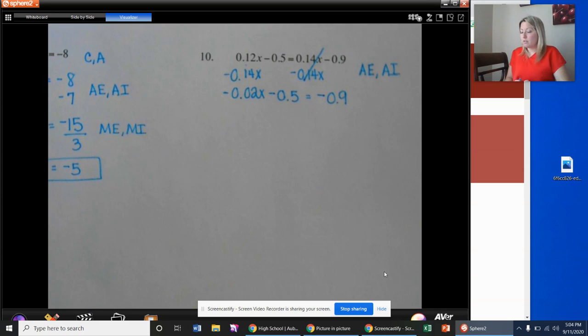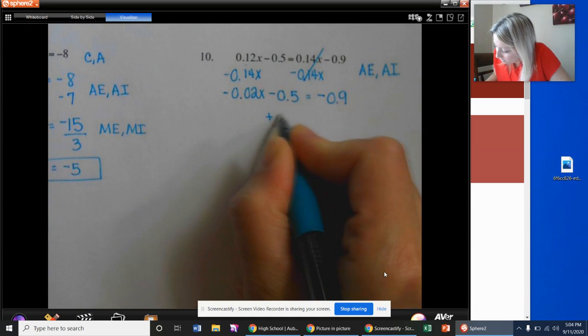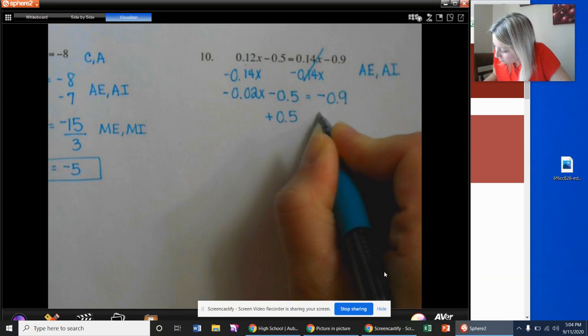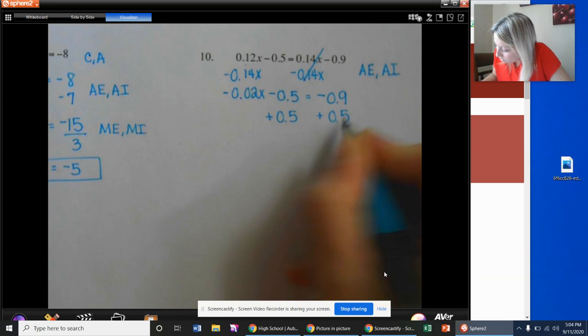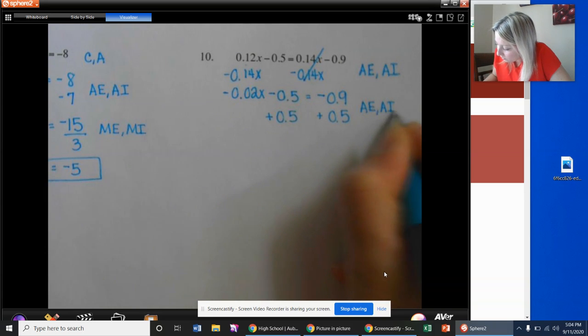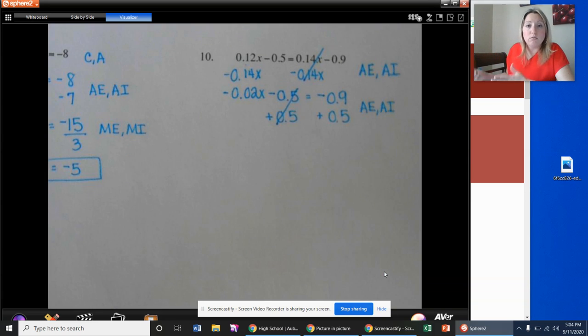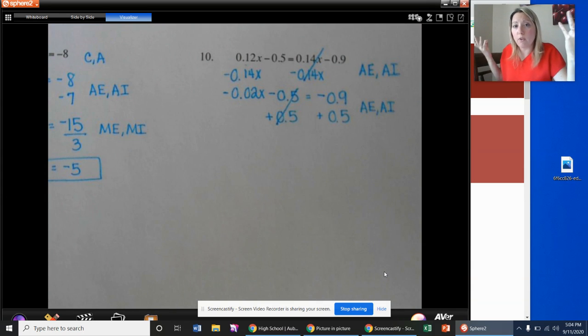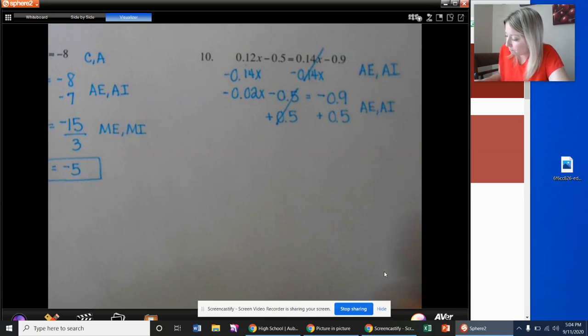Okay. Now let's add that 0.5 to both sides because the opposite of a negative 0.5 is a positive 0.5. So addition property of equality with the additive inverse again. They cancel out to 0. Yeah, because even fractions and decimals, they have opposites too, right? So they have opposites just like all of our whole numbers have opposites. And that's what makes up the rational numbers. So that's what's kind of nice, right? So I get